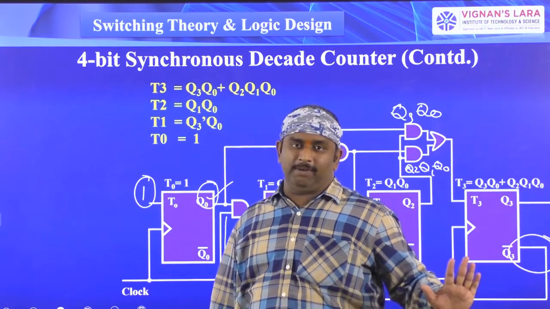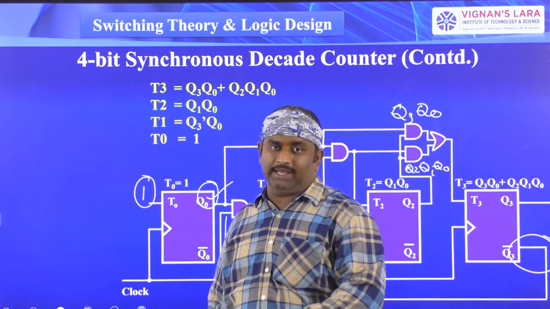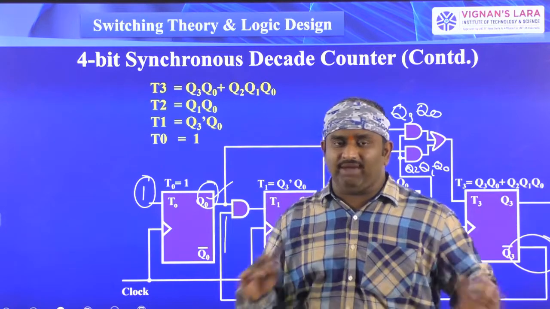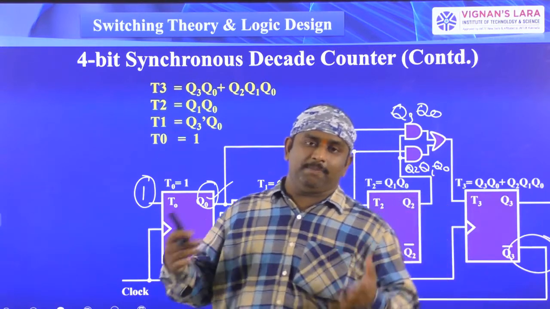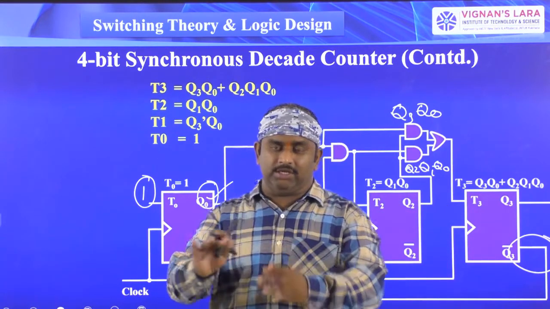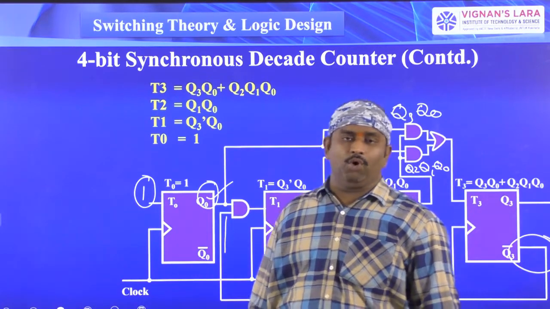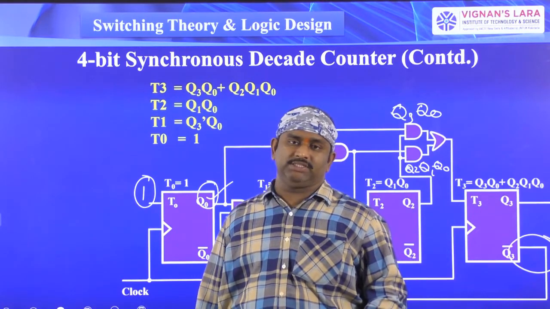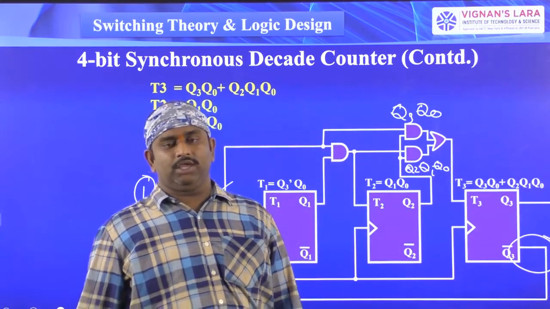Up to now we have implemented these, and there is a chance to implement any type of counter in synchronous counters. In the asynchronous counter, we don't have any chance to develop any type of counter. Any type of counter based on your choice, the synchronous counter is ready to work. But in the asynchronous counter, you won't get this type of option. Okay, this is the behavior of synchronous counters. Okay, right. Thank you.